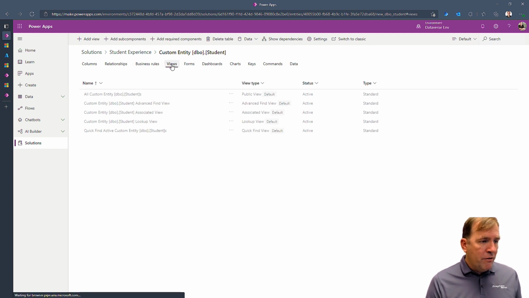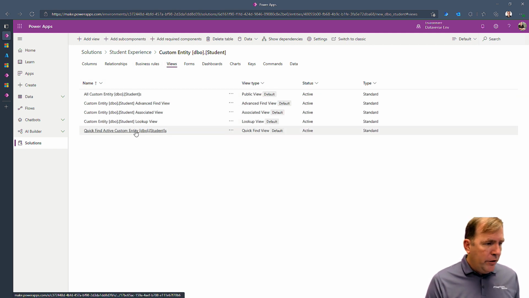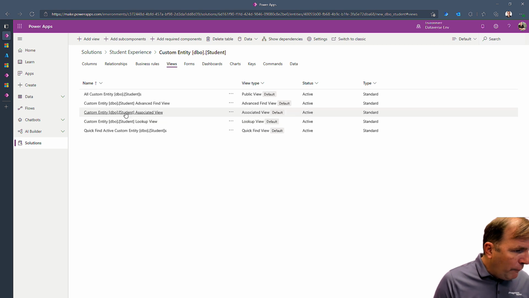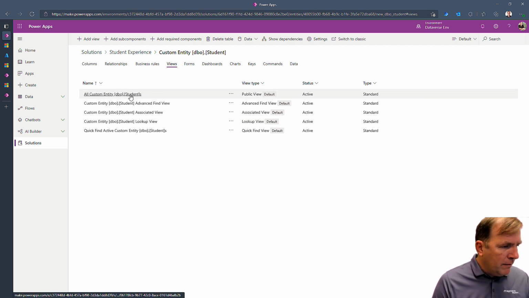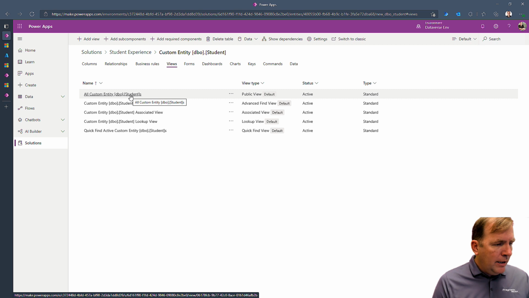So first of all, go into views. We'll see a list of all the views. And what we're looking for is something like active students, something like that. Or we can create our own view. I'm going to just hijack this public view right here. So all custom entity. Okay, when I select that,